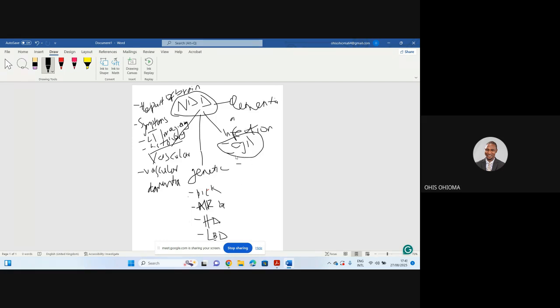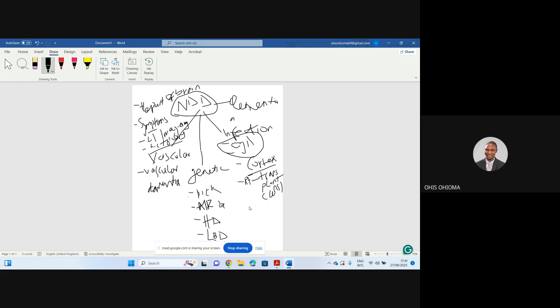Starting with Creutzfeldt-Jakob syndrome, the first thing you need to know is that it's the cortex that is mostly affected. The risk factor for Creutzfeldt-Jakob is usually exposure or a transplant. So you have a patient who has a transplant, maybe a solid organ transplant. The most common example of transplant that you need to know is the lens, in an ophthalmological procedure where the lenses are transplanted.